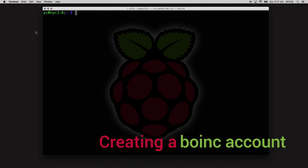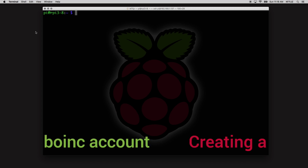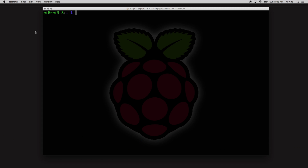If you already have a boinc account, you can skip the next step. If you don't, you'll need to create one. And to do that, we're going to use the boinc-command command line tool that we just installed in the boinc-client. To start, you'll type